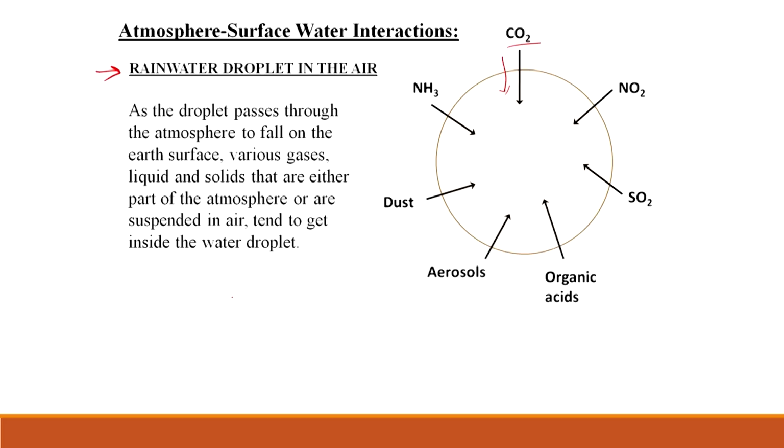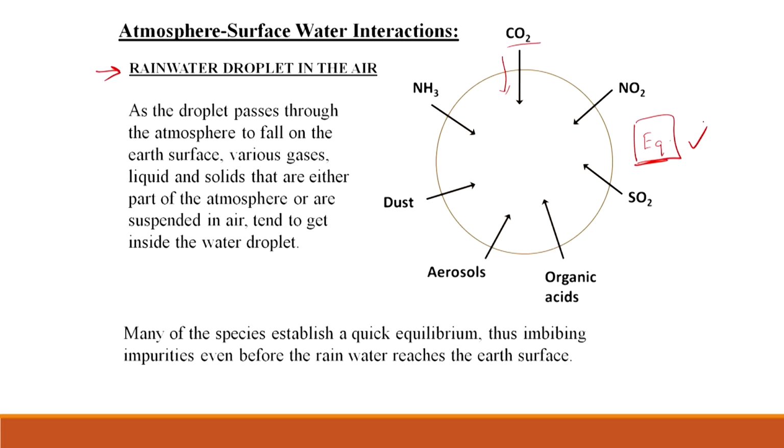As the droplet passes through, you have different compounds in the gaseous phase, and they are going to try to dissolve into the aqueous phase to achieve equilibrium. Depending on the time and the kind of reactions, if it is acid-base, the kinetics are typically pretty fast, so the equilibrium will probably be reached. We are assuming, and keep in mind that this is an assumption, that the species establish a quick equilibrium,